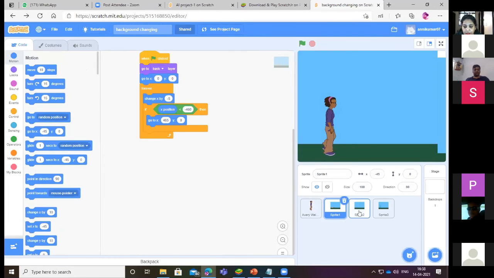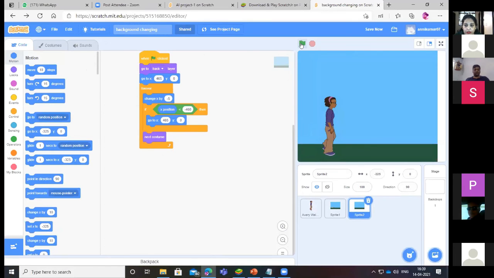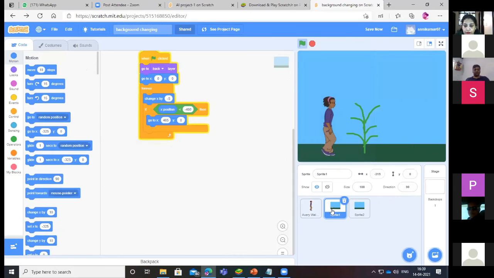I'm having this. So see what has happened here. The second sprite is actually coming, and there you have a next costume, that is this tree one. So now I'm getting that. What you can do is copy these codes.